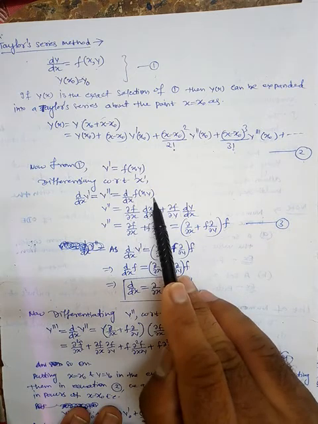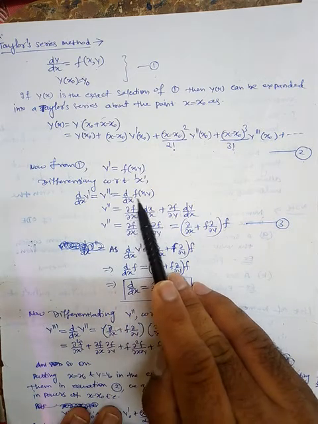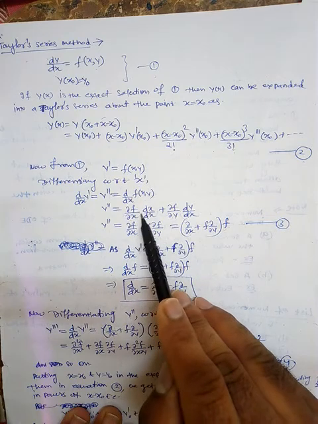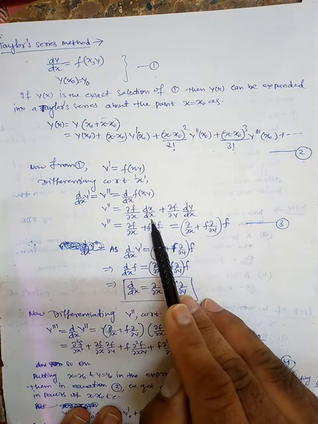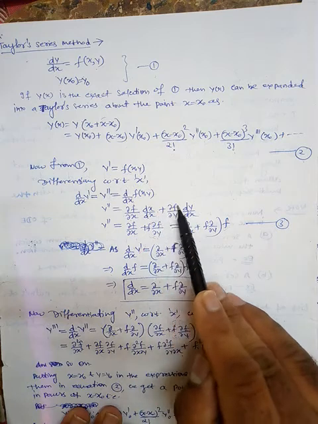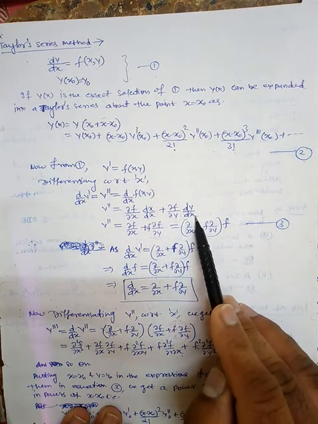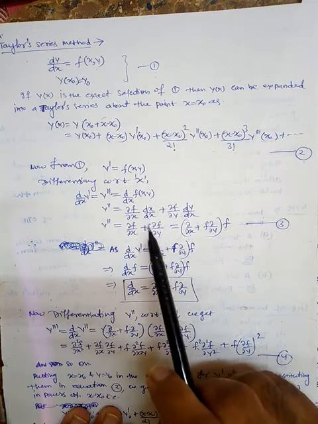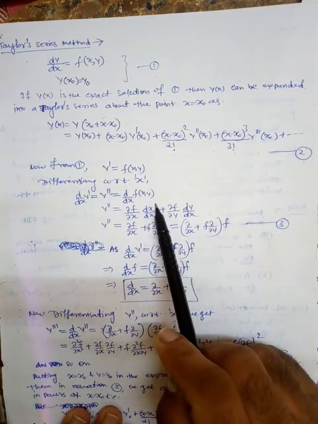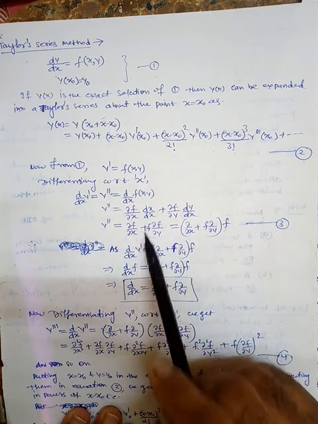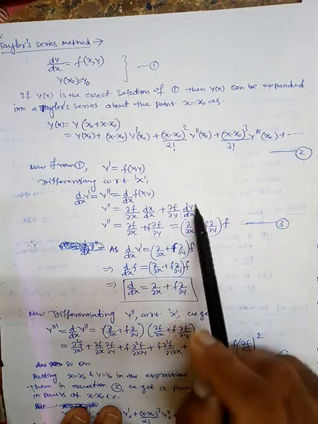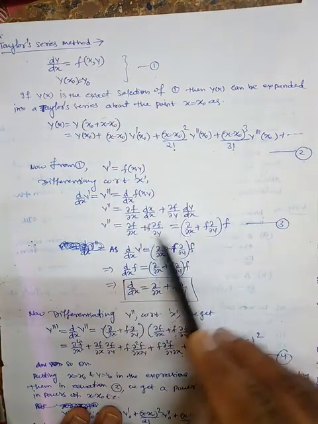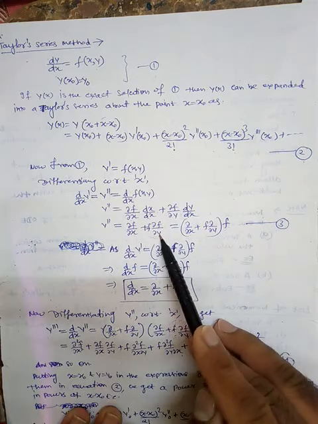So now use partial derivatives. Y double dash: just differentiate f with respect to x. So del f by del x, multiplied by dx by dx, plus del f by del y times dy by dx. This is the partial derivative. Now here dx by dx means 1, so we have del f by del x plus, here, dy by dx is basically f. So this is f, and then del f by del y.